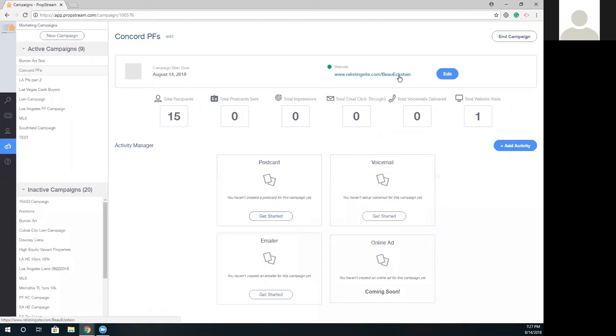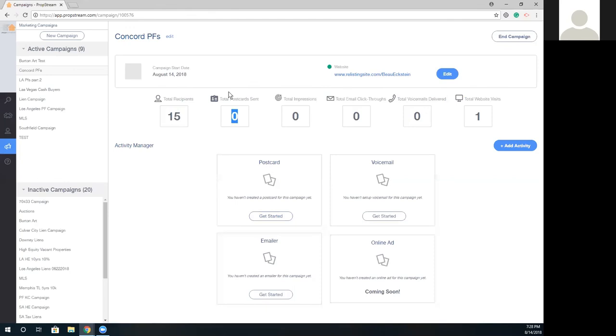So obviously, if we're building a website for a specific campaign, and then we use your service and do the one touch where we send out a postcard, you actually have tracking for each of these websites that we create, so we can see where the lead is coming from. Right. Below the website editor is our activity monitor. This highlights how many recipients we've selected, in this case the 15 that I saved from our search earlier. If and when I send postcards, it's going to show me how many have been sent.